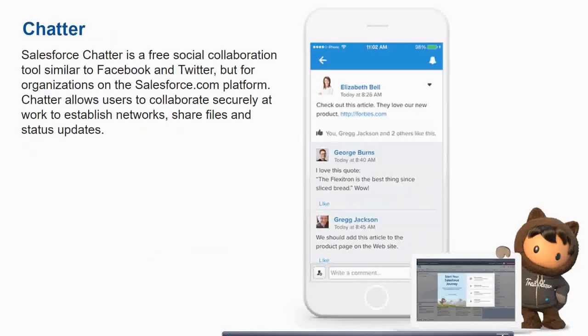Okay, now let's look into Chatter. What is Chatter? Chatter is kind of, let's say, like Facebook or Twitter. It's a similar collaborative tool, like your Slack, which is used by teams to chat, and you get an idea of what Chatter is. Basically it's a communication tool which is provided out of the box by Salesforce.